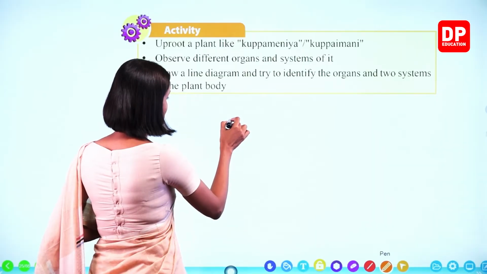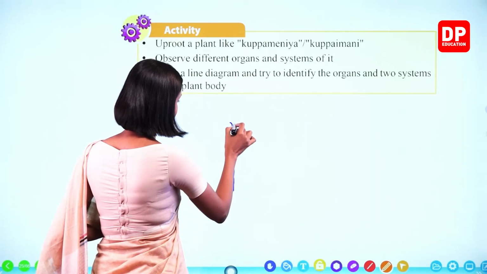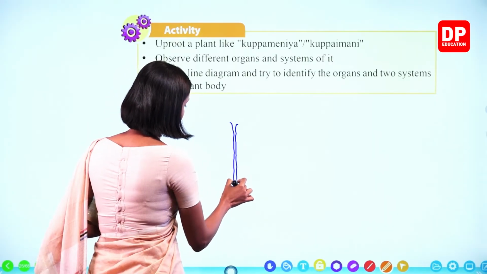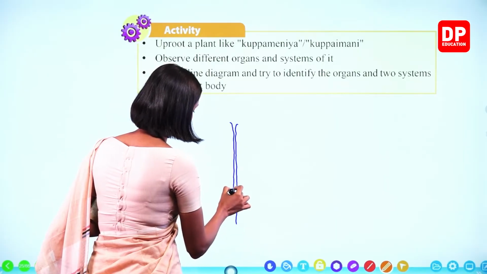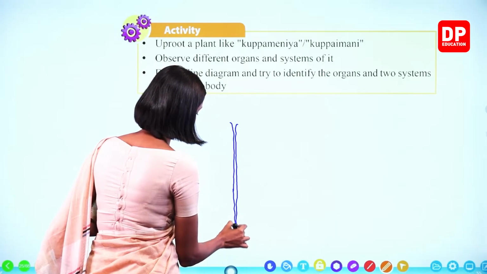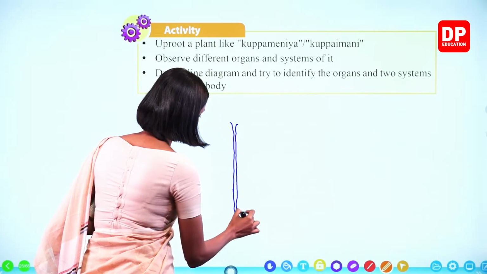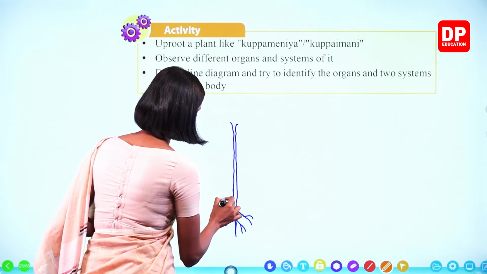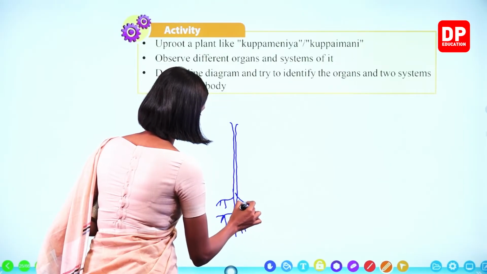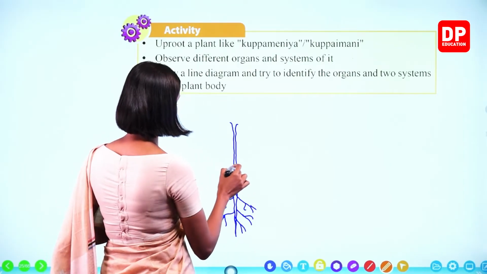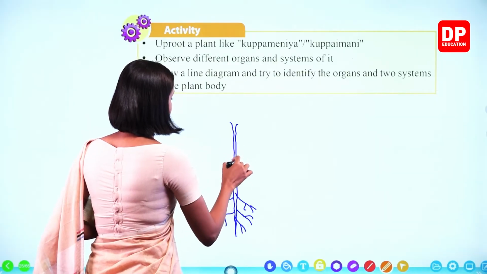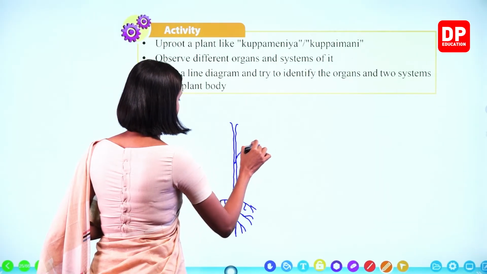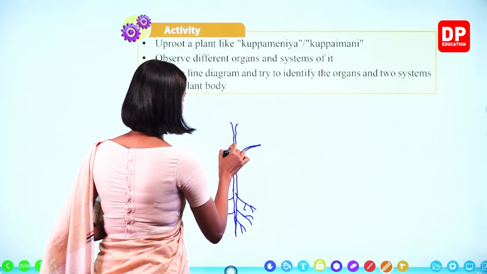So when we consider the plant body, we clearly observe that in the Cupamania plant's root system, the taproot and the lateral roots were there. Right? The taproot was there and the lateral roots were there. Right, and there were branches like this,